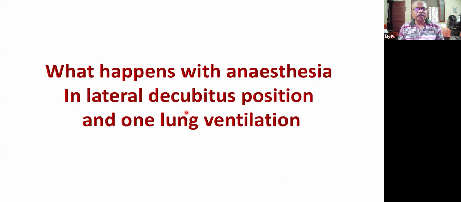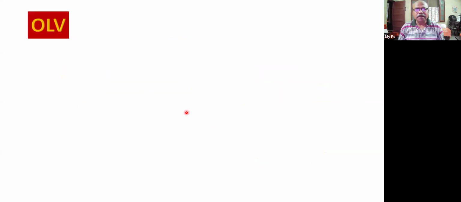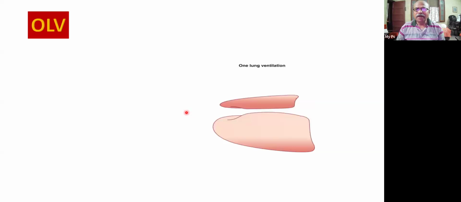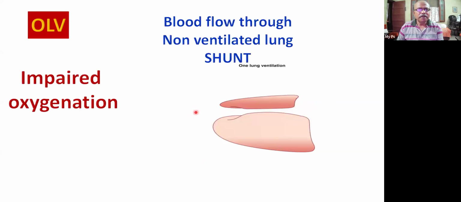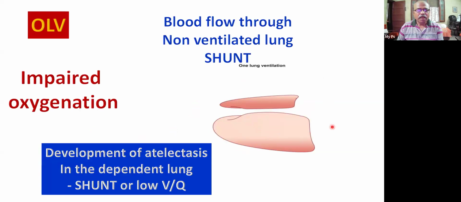So what happens when anesthesia is administered in lateral decubitus position and there is one lung ventilation? In one lung ventilation, you can see the upper lung is already collapsed, but the perfusion is still going on. So there is impaired oxygenation, and in the dependent lung there is atelectasis, and the ventilation is therefore reduced, but the perfusion is more, and therefore there is impaired oxygenation and there is development of shunt,